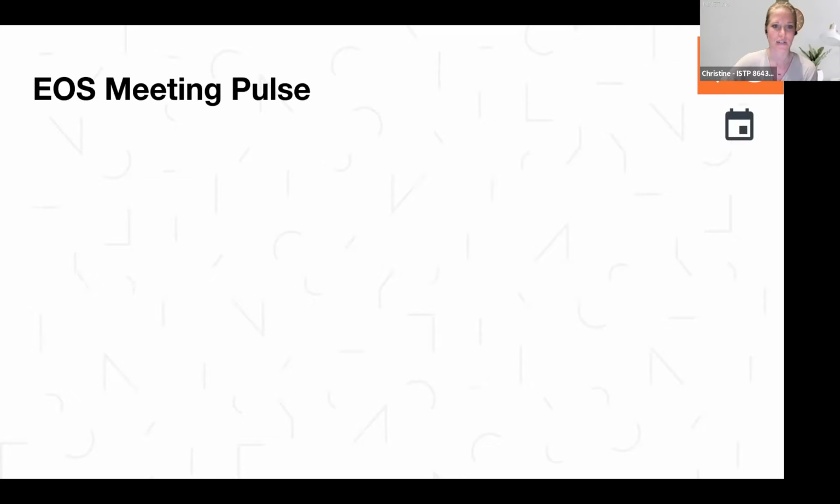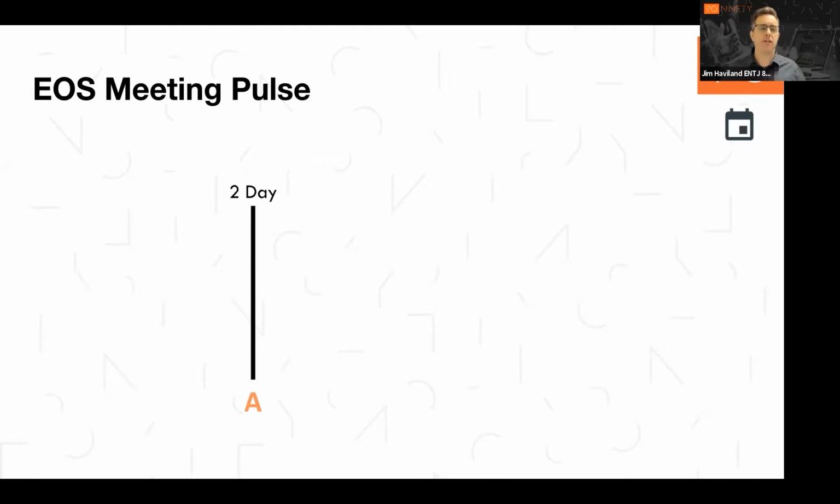Perfect. All right. And then jumping right into the meeting pulse, Jim, I'll let you talk through this specific slide about the cadence. There's a lot of great research and insight into how we use a meeting pulse within EOS to get all the right things considered in the right time frame. And so there's the 2-day annual meeting. That's an important one because once a year you've got to reassess the year past, set up yourself for the year future, and also look at your quarter coming up.